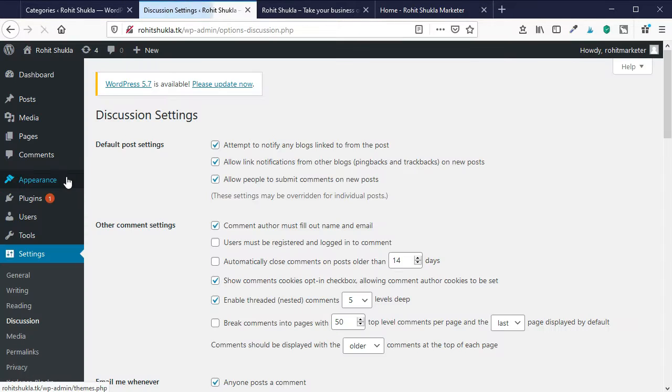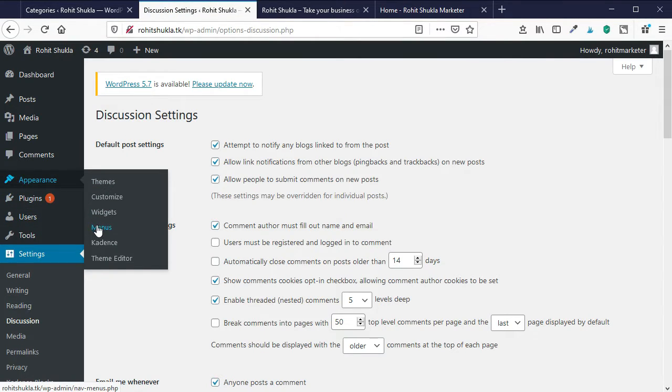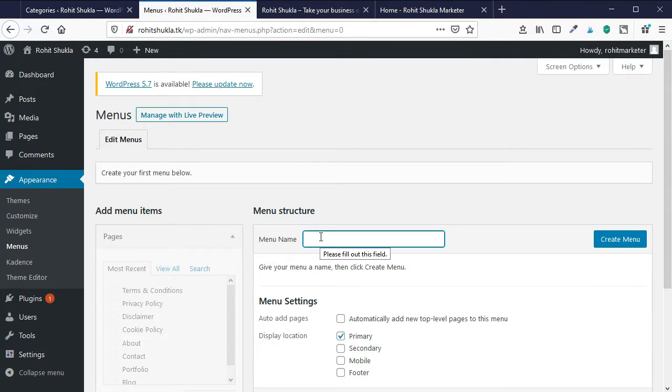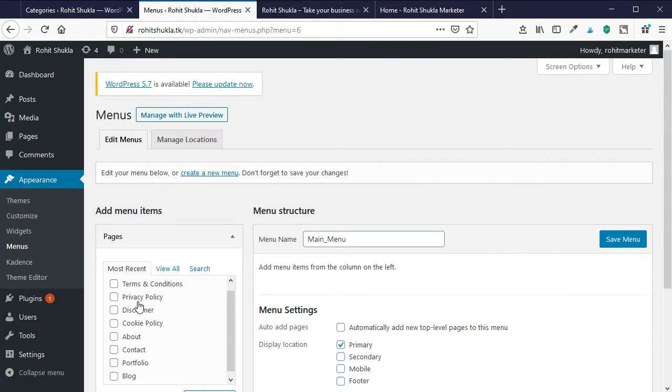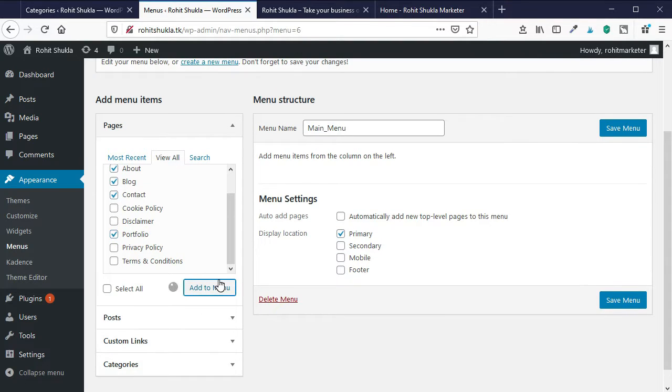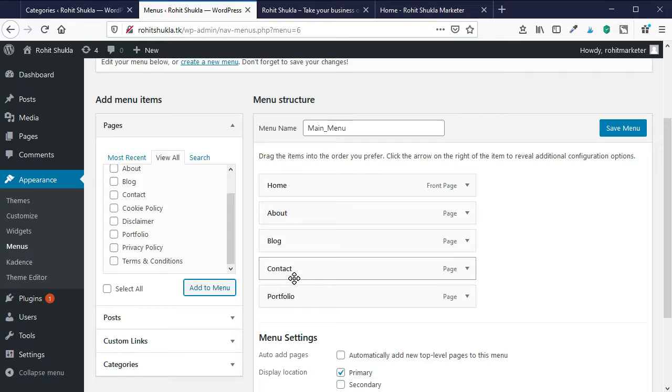Before that I want to create the primary navigation for my website, and there is no primary navigation available. So I will go to the appearance menu section and create a new primary menu. I will name that primary menu, and I will select the about, home and these kinds of pages in my primary menu: home, blog, portfolio, contact, etc. Now I will rearrange them as per my preferences, contact at the last, and don't forget to save. Click on the save button, otherwise your changes will not be saved.